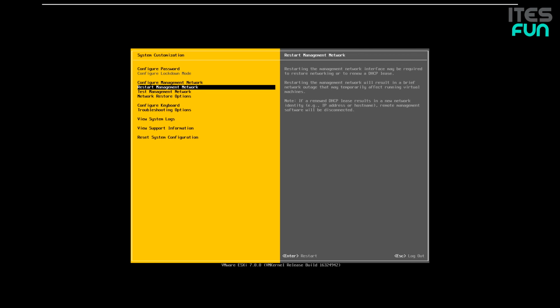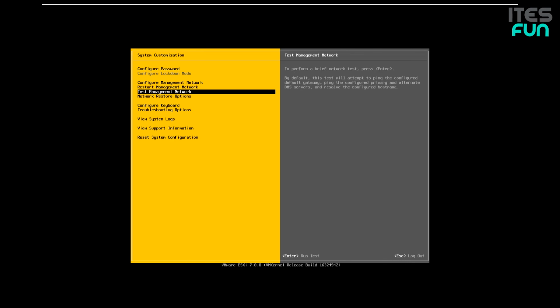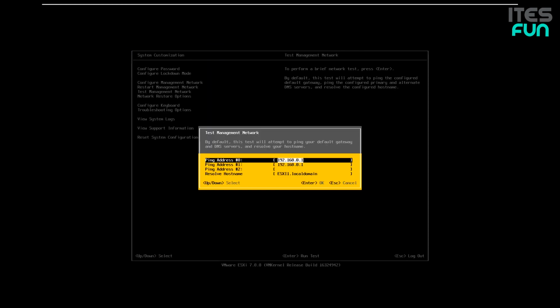Restarting the management network will result in a brief network outage that may temporarily affect running virtual machines. The important note is if the new DHCP lease results in a new network identity, like the IP address or the host name, remote management software will be disconnected for a while. We are having a great option over here, testing the management network. To perform a brief network test, we can press enter, and as we can see, we are having three ping